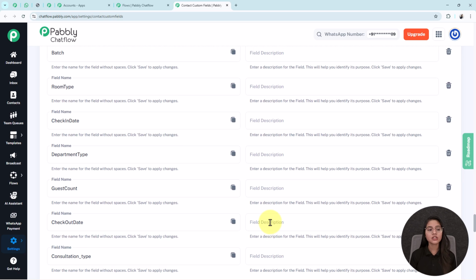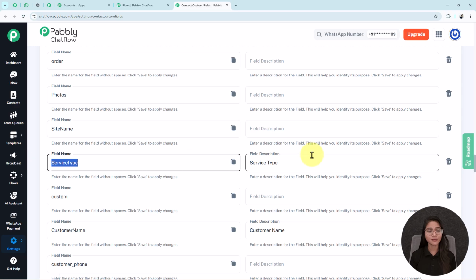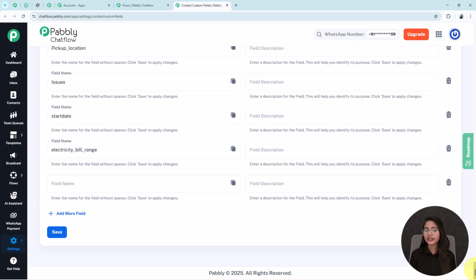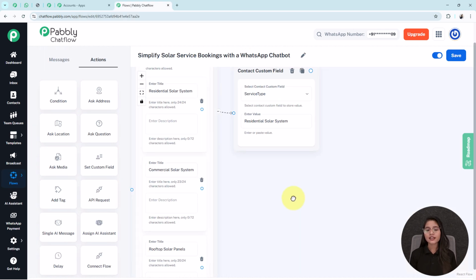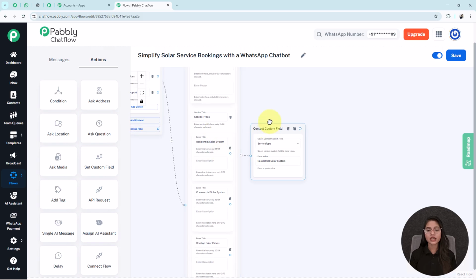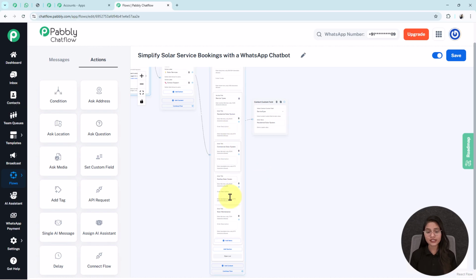As I already created one contact custom field by the name of service type, so I am not creating more. After writing the field name and the description, you have to simply click on the save button. Now we will go back to our flow. Here I set this contact custom field not specifically for the service type. Now I am going to do the setup of 3 more contact custom field nodes for each of these services